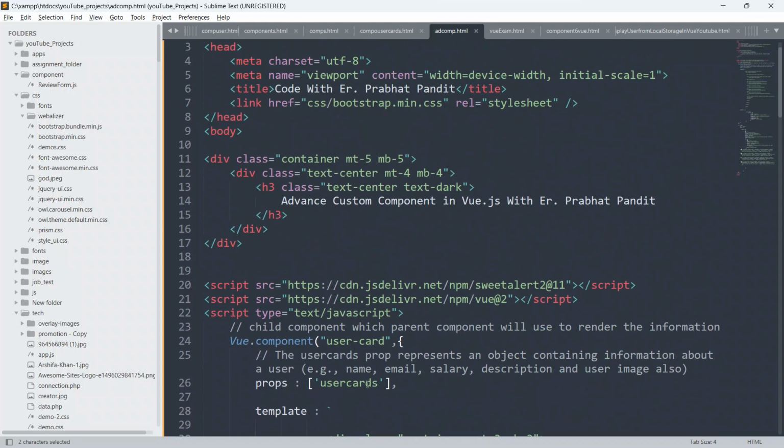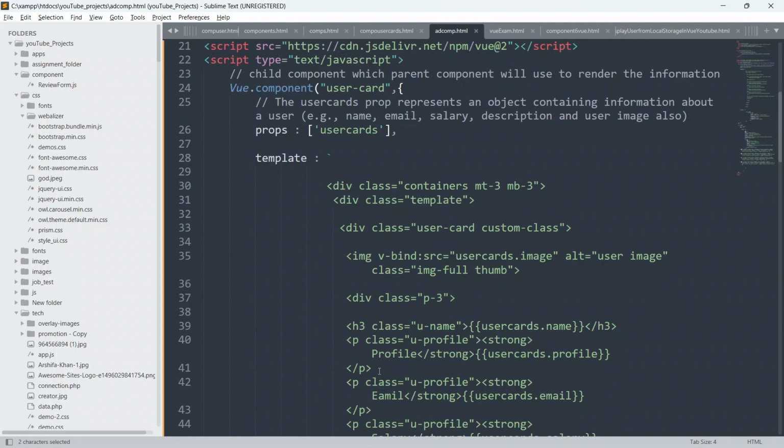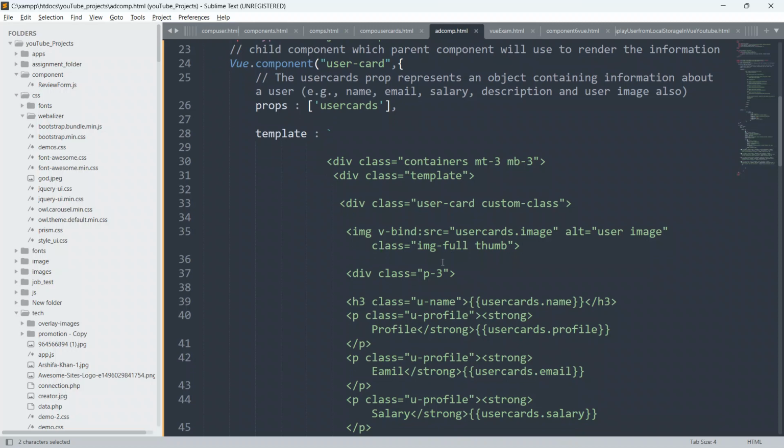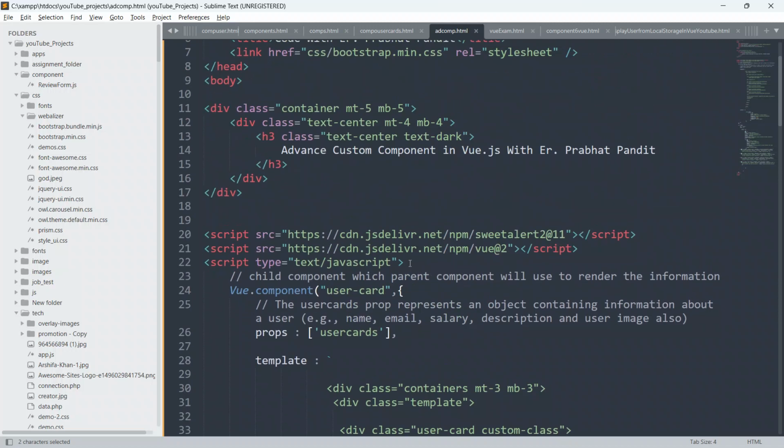This user card props will be able to display each and everything inside our HTML code as a result, as an output. So we have to create the HTML part also now.